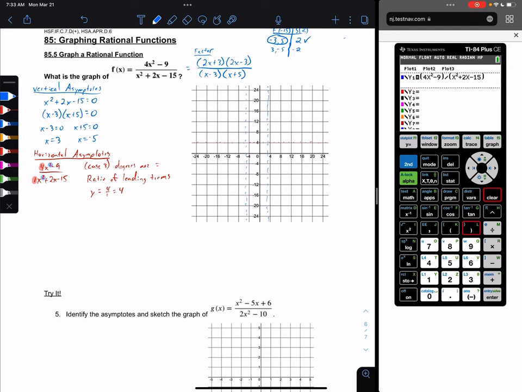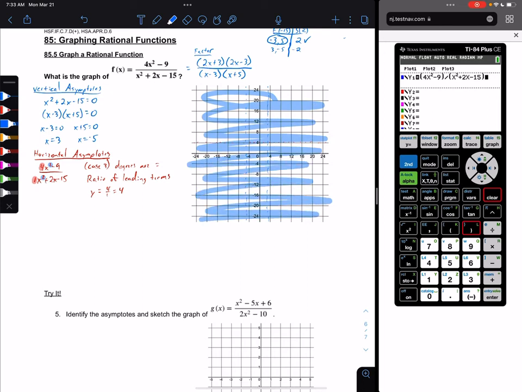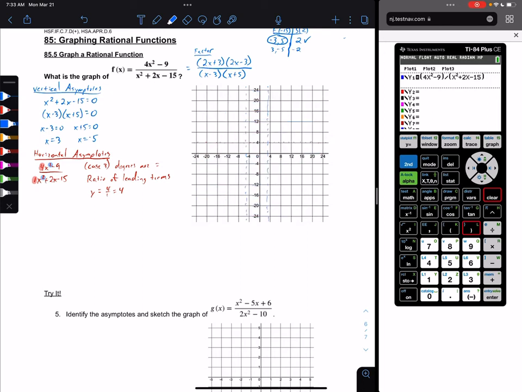All right, notice that on the actual screen here, our graph goes to 24 in each direction. So that's a cue to where we should be looking in terms of points. If I hit graph, I do see that I have 3 sections: this top left, this bottom middle, and that top right section. It does look like it has a horizontal asymptote at 4, which is good, but now I need to find